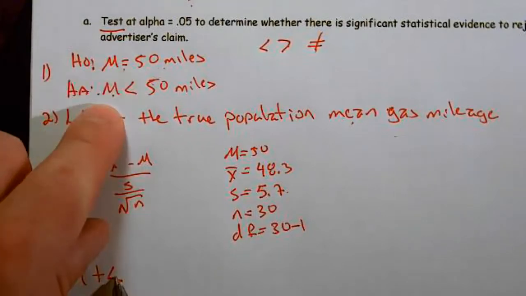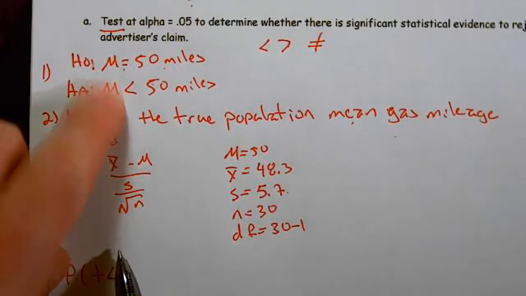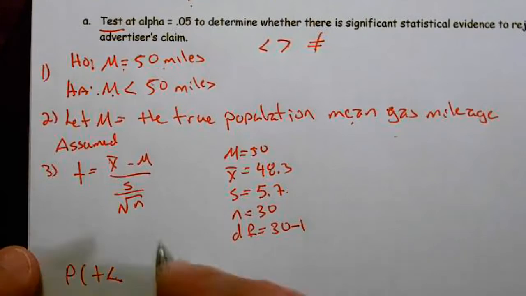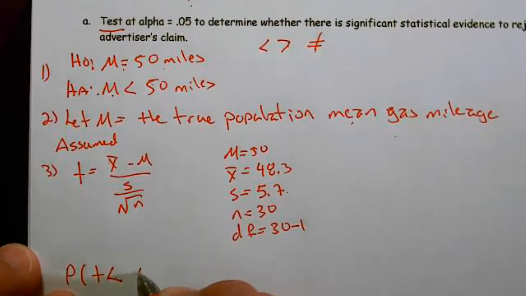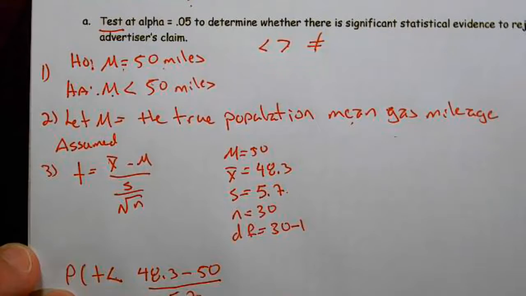Well, because this was a less than. Whatever this symbol is, those need to match. Probability that 48.3 minus my mu 50 over 5.7 divided by the square root of 30 equals,